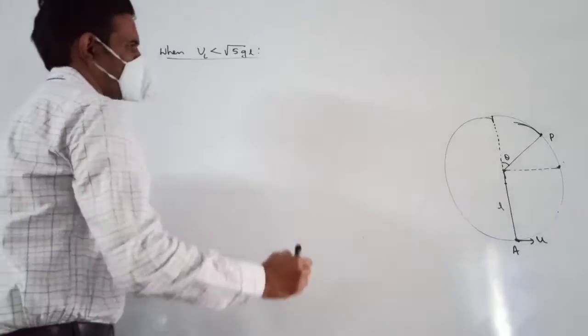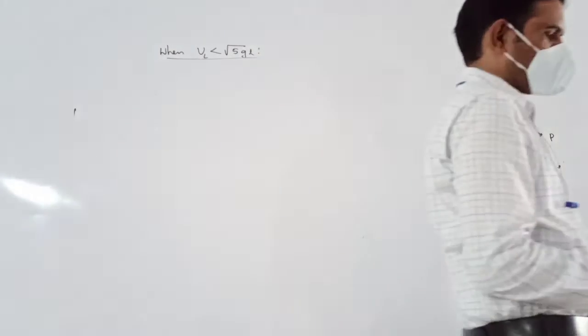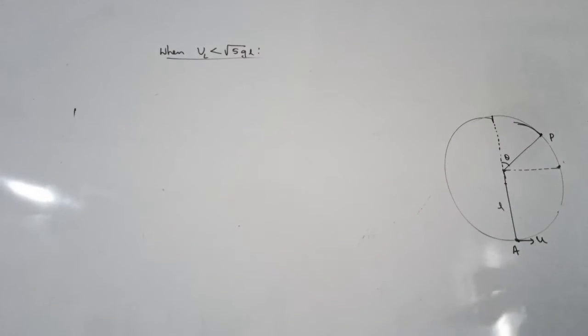So at some point P, now I am taking the force equation here. This will be mg. If this angle is theta, then we can consider this angle as theta. So this will be mg cos theta along this direction, right? At that point P the string will become loose, so the tension in the string will become zero. There is no tension at that point. Tension is zero means the only force acting along the radial direction will be mg cos theta only. So mg cos theta only we can write as mv square by r.